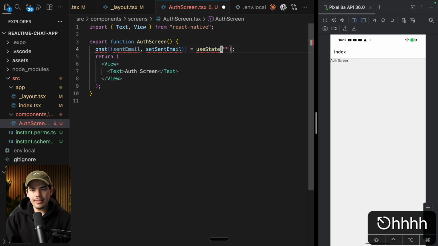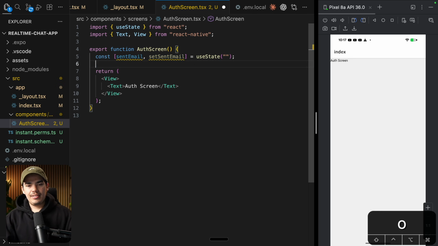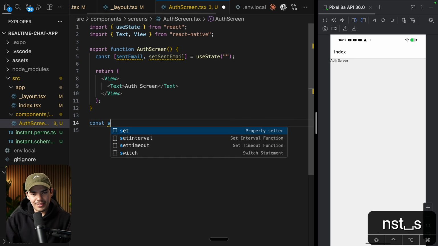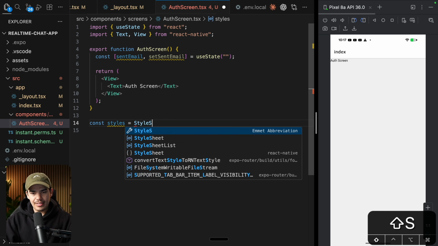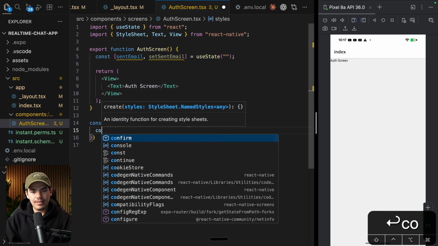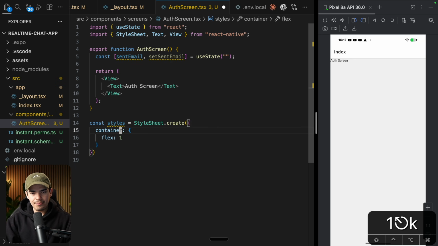We're gonna need some state. Let's bring this here. All right. Yeah, we're gonna send an email. Let me actually add some styling here. Style sheet from React Native dot create, container, flex of 1. Then I can say styles dot container. And